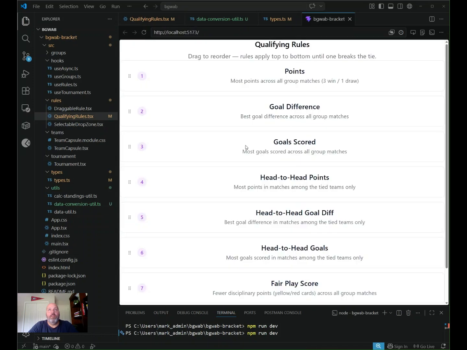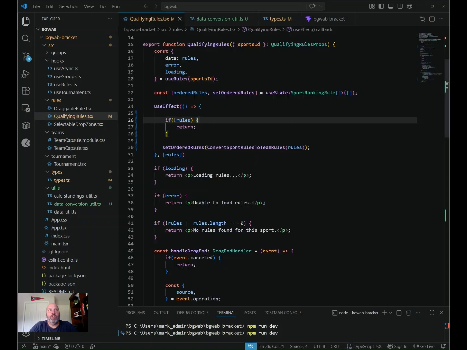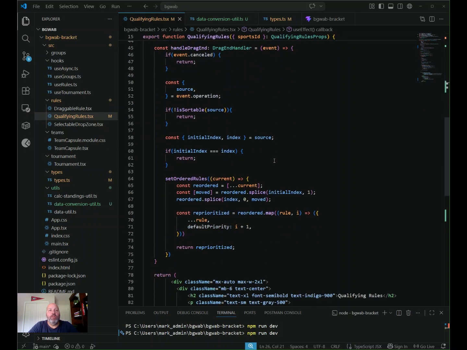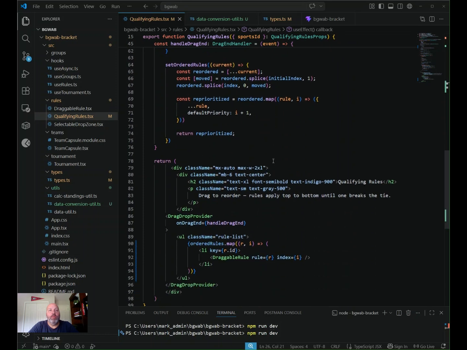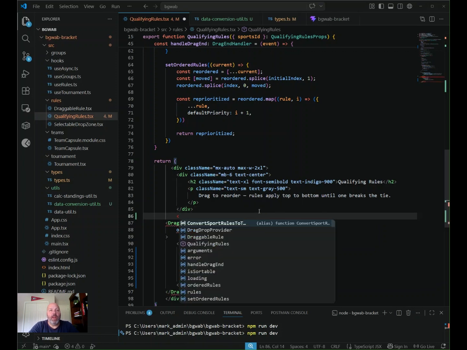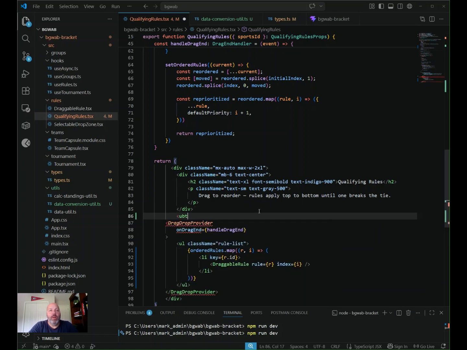Let's do a checkup, make sure everything's still going. So when we first load, it is going and getting these rules, at least we know, successfully, and converting them. So that's good. Now what we want to do to test out what I was saying and get to the issues that I had, we're going to add a button here,